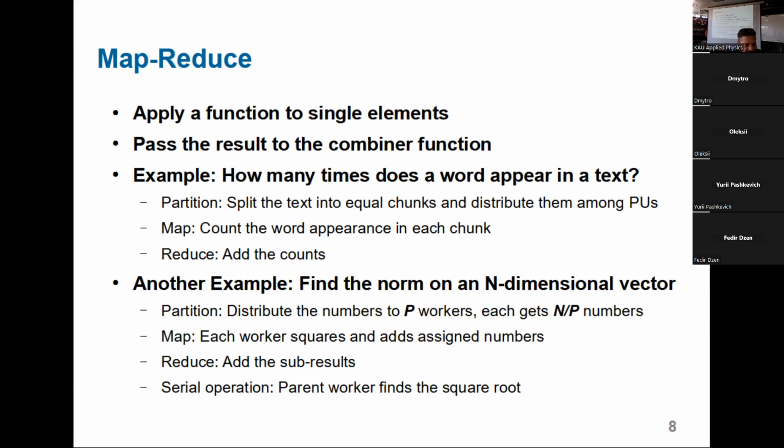So with MapReduce, I first apply a function to all those single elements, and then pass the result to this combining